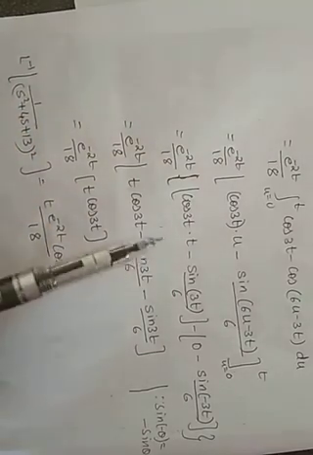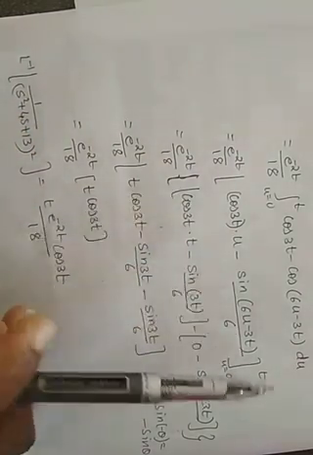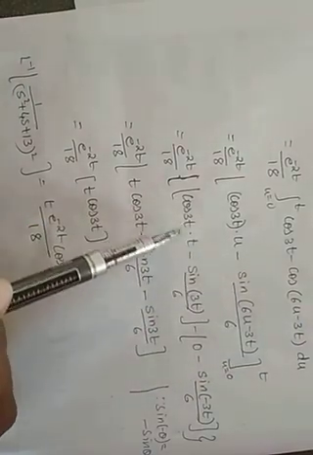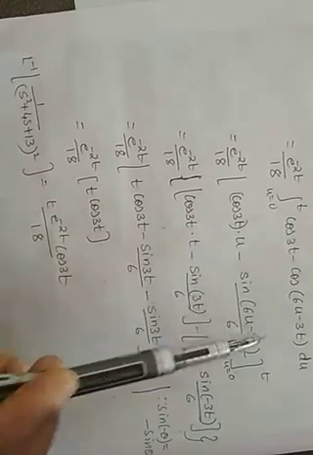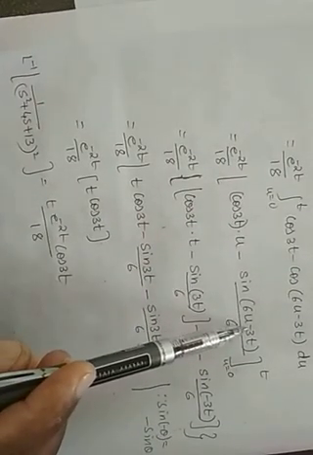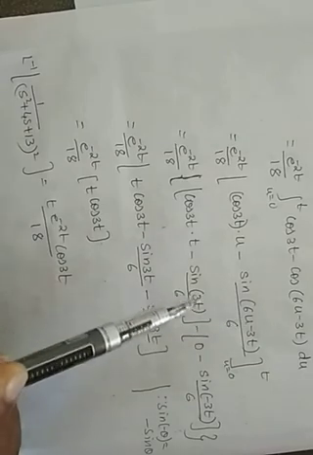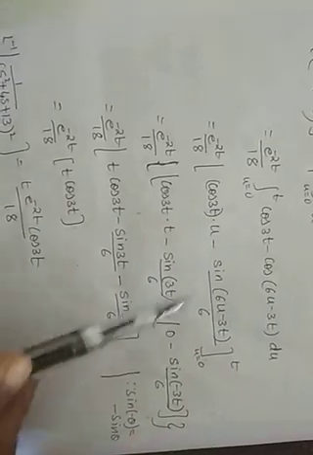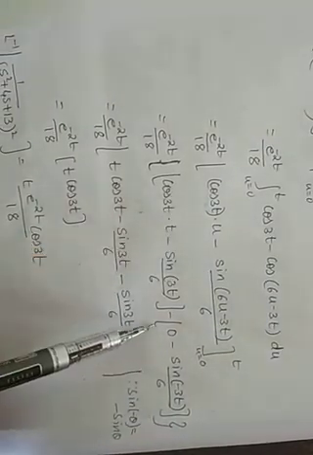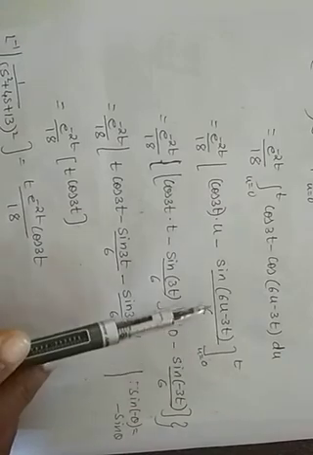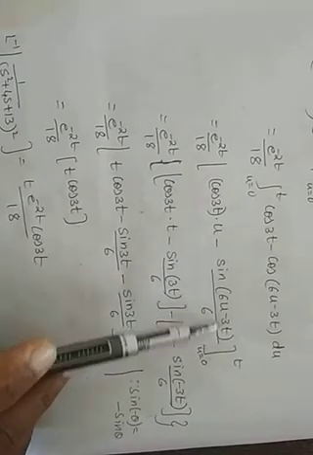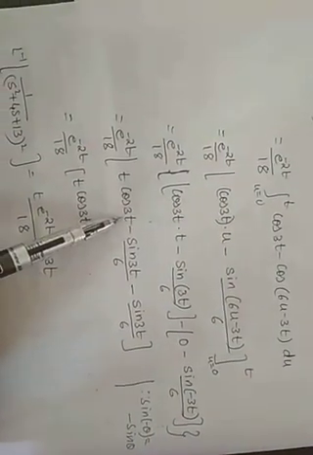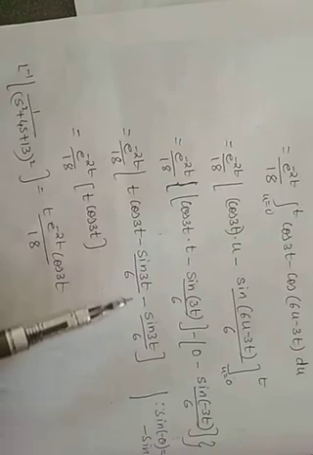Now substitute the upper limit minus the lower limit. What is the upper limit? t. So wherever u is there, substitute t. So this becomes cos 3t into t minus, here 6t minus 3t will become 3t, so sin of 3t upon 6. Next, minus the lower limit, which is 0. 0 into anything is 0. Minus, here 0, so sin of minus 3t upon 6. t cos 3t as it is, minus sin 3t upon 6 as it is.